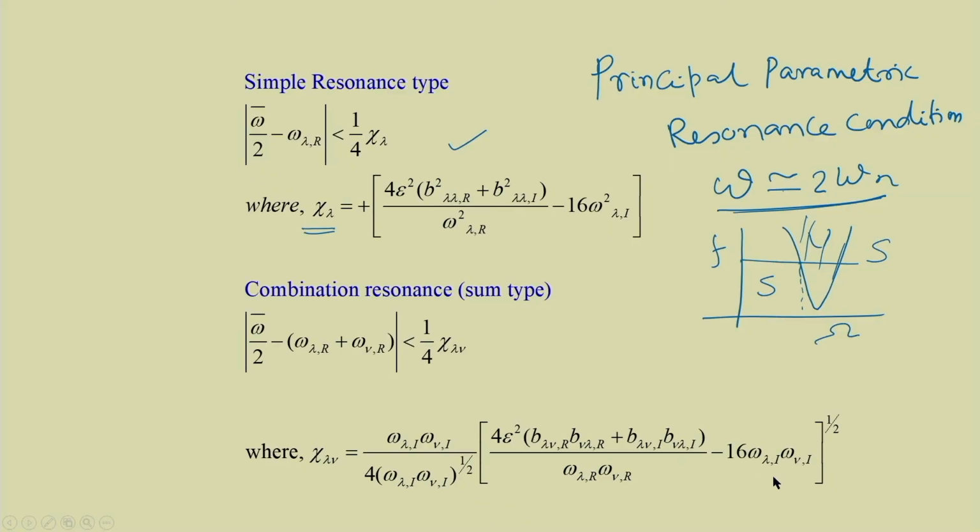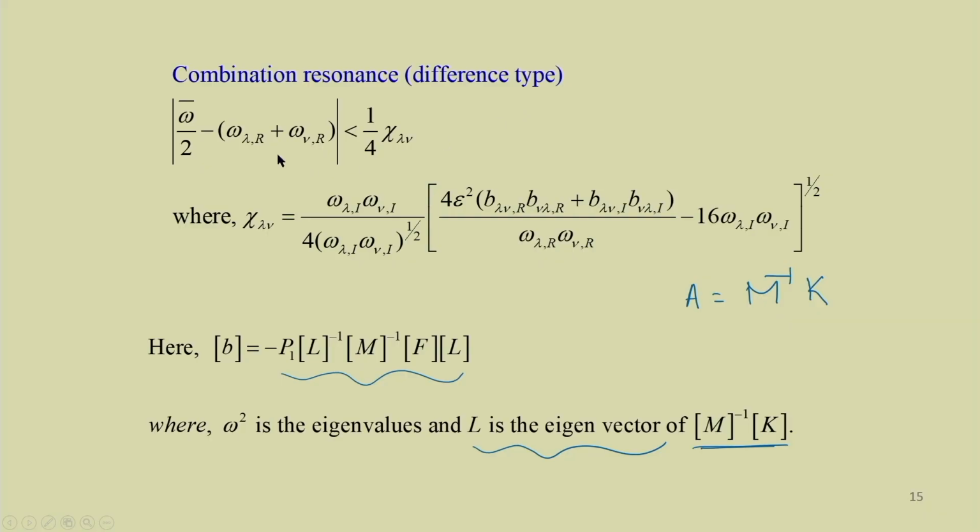So, using these two expressions, you can note them down and write your own code to derive this instability region. You can plot this, which becomes a transition curve. Similarly, for combination resonance of the difference type, you can find it the same way as for the sum type, and write down the equation, where you can get the expression for B also.